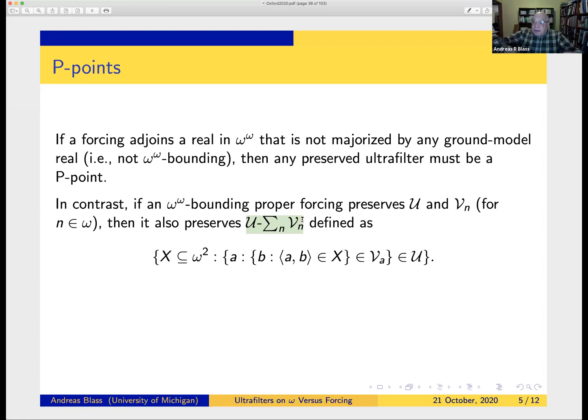Nor is the projection going to be finite-to-one on a set in this ultrafilter, because being finite-to-one means in those columns it's only finite. It's not in V sub n. So I'm using the V sub n as non-principal here. So a sum of non-principal ultrafilters with respect to a non-principal U is never a P point, and yet